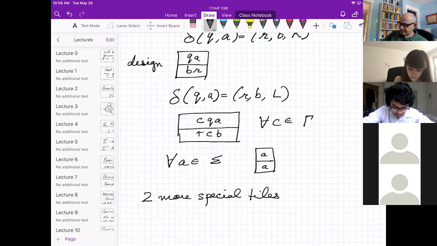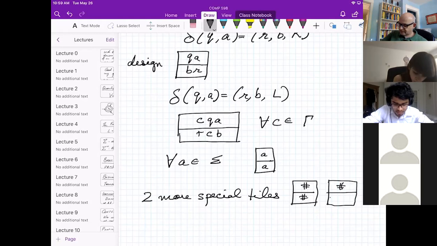So one of them looks like this: just hash mark on top and bottom. And the other one looks like this: hash mark, and then the blank symbol with a hash mark.